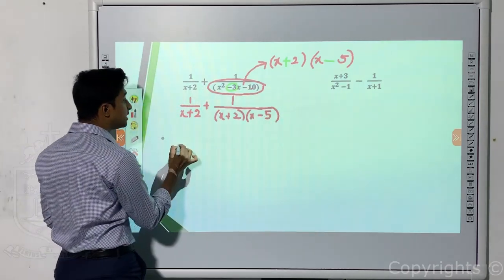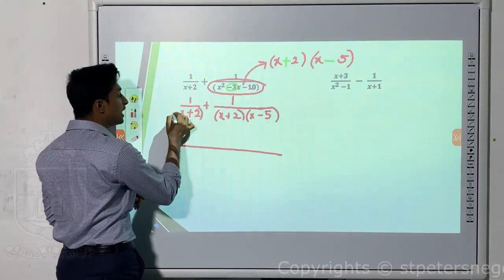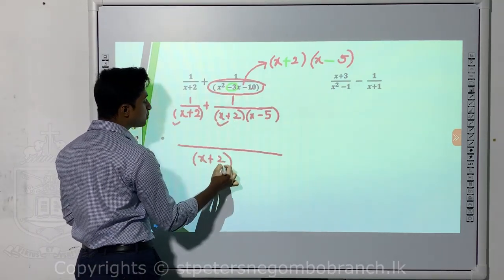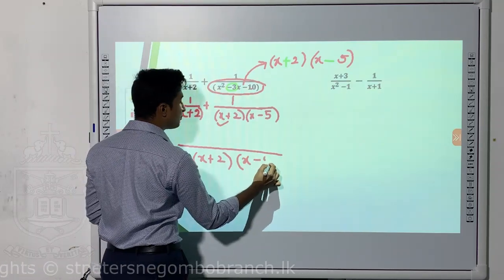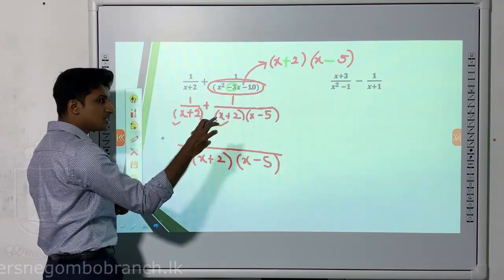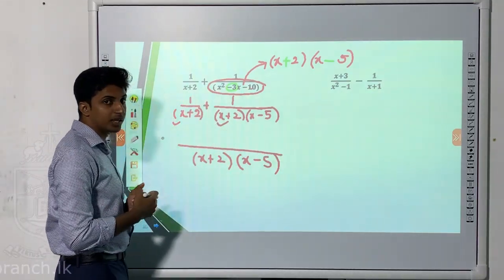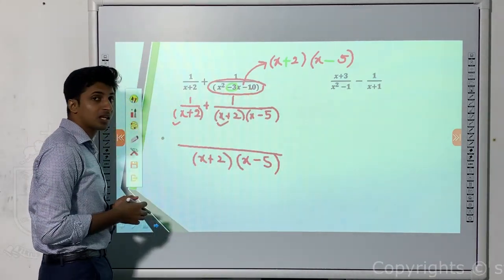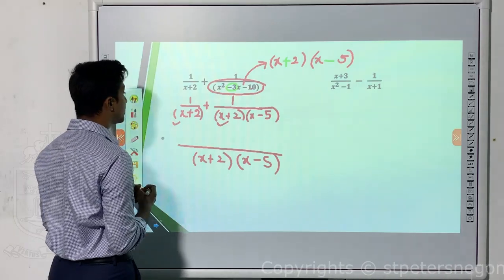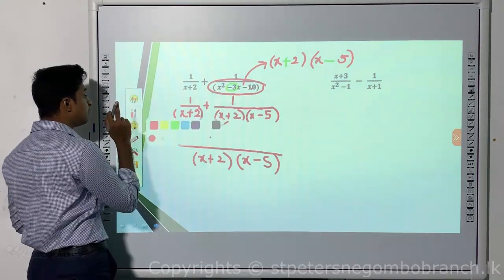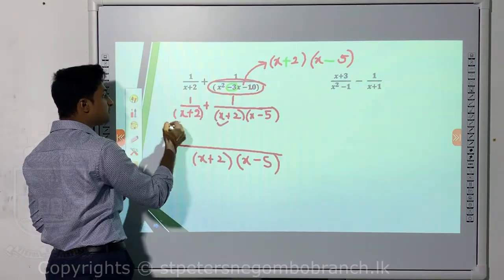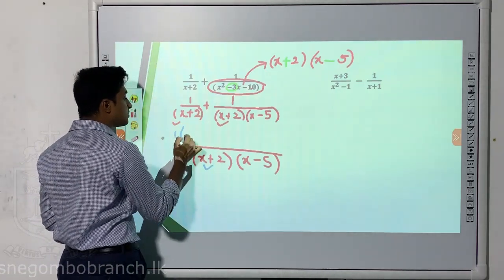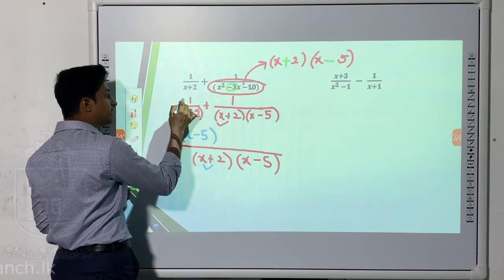After that, I will take the common denominator. Now see, x plus 2 is common to both, so you can easily take it. But also, I will have to take x minus 5. From all the types of terms, take everything in the denominators. Then now what I have to do is check which has what. In this fraction, I have x plus 2. I don't have x minus 5. So x minus 5 should be given to that.